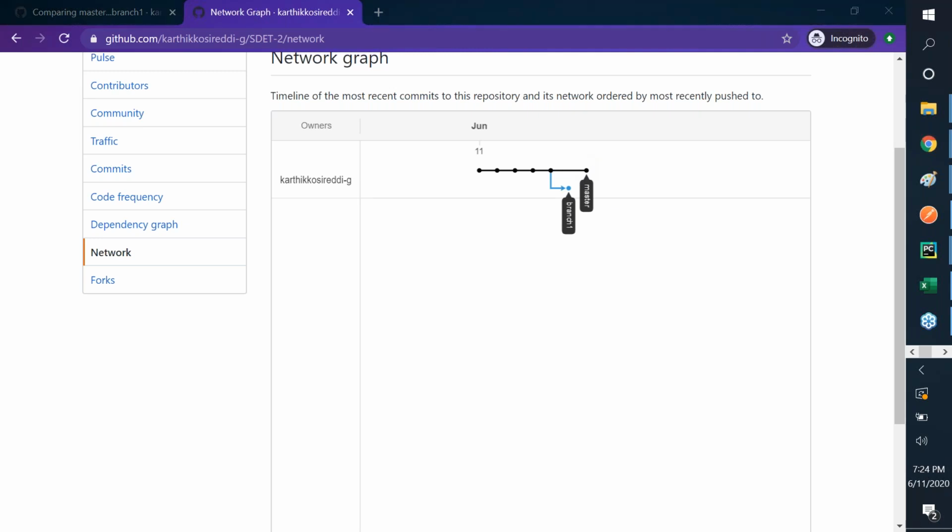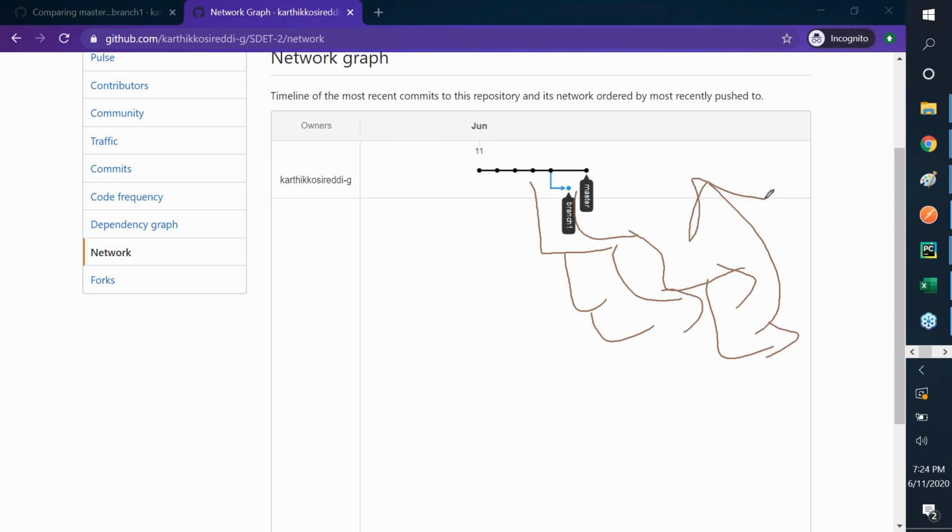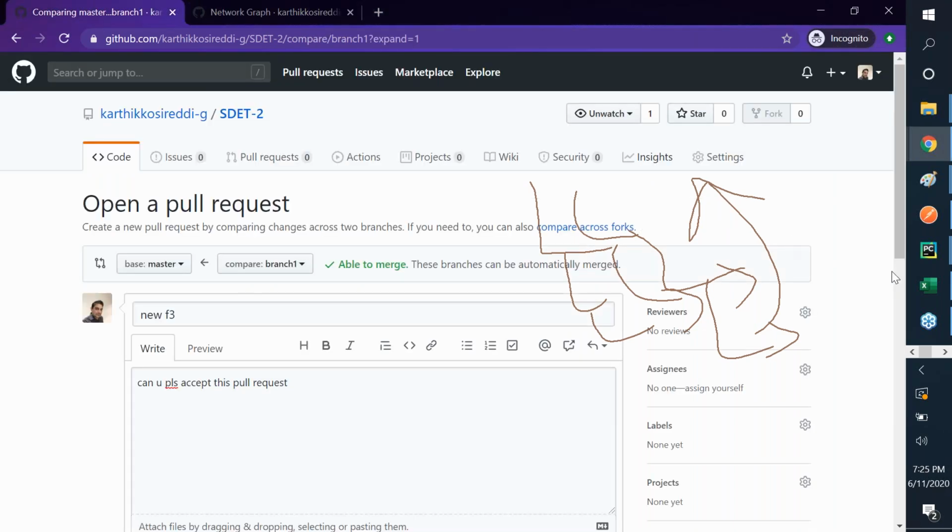And what you will learn is that you can create so many branches from one branch to the other, and finally, you want to get it into the master. So this network gives you a nice view representation. So back here now,